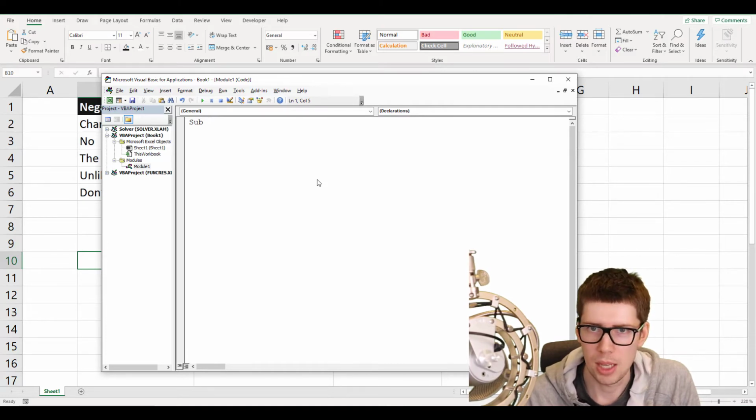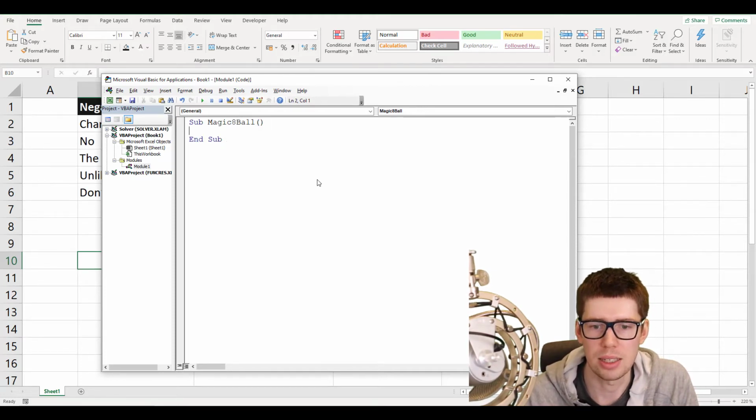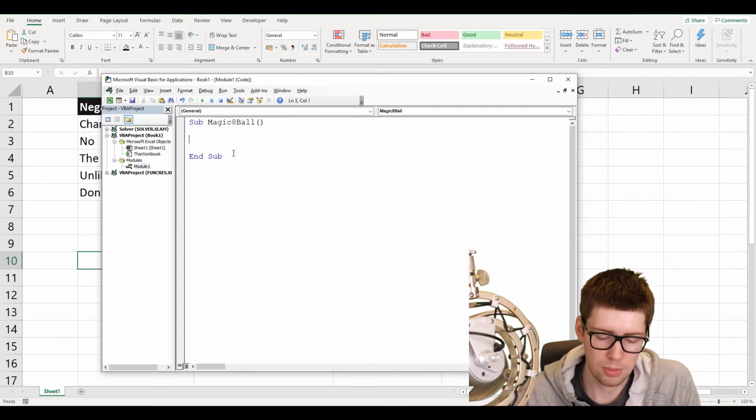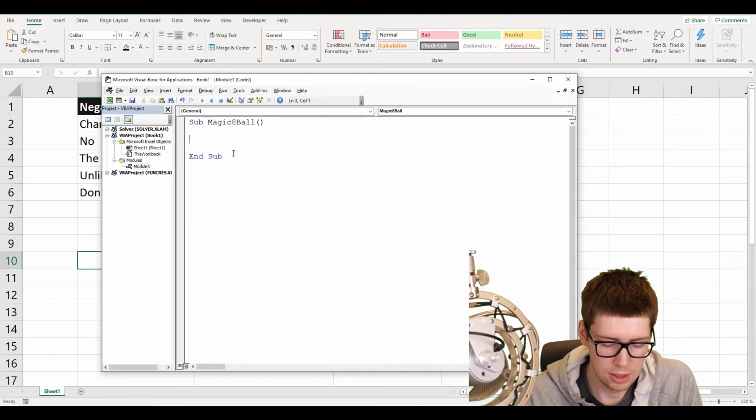Then we need to come up with a valid name, such as MagicEightBall, open parentheses, close parentheses, and we press enter, which will automatically add the End Sub syntax. So all of the code needs to go between these two lines. So first of all, I'm going to create an empty array, which is going to contain all of these different predictions. So we can write a comment there with an apostrophe,